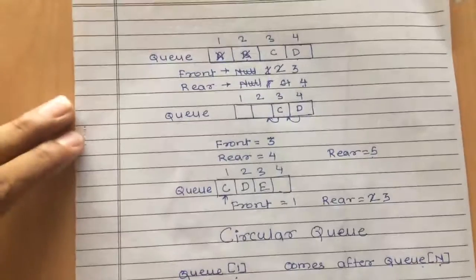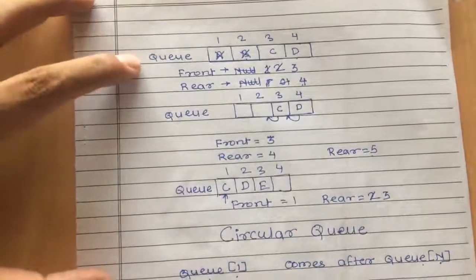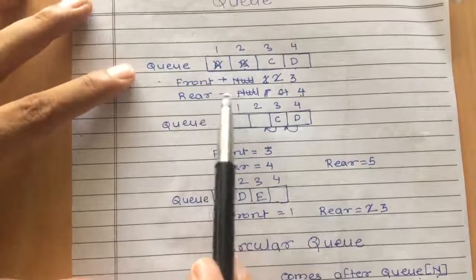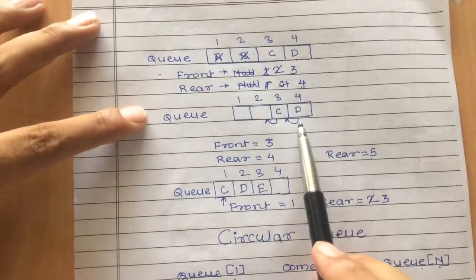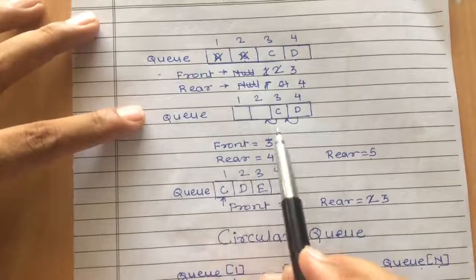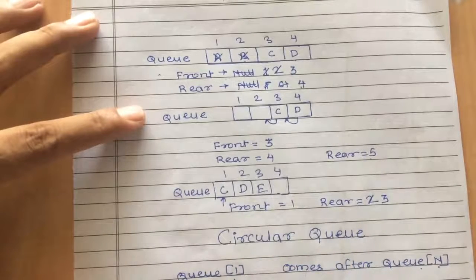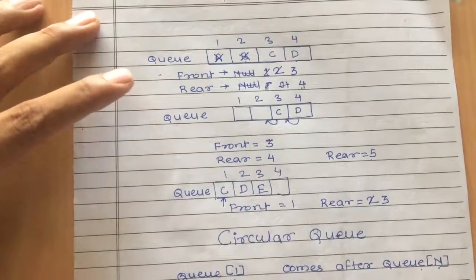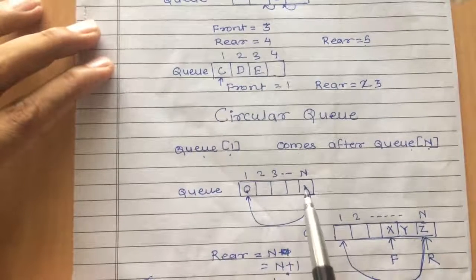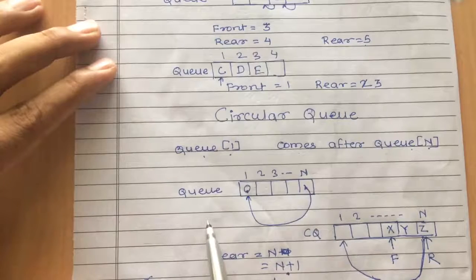So what we have studied in this session, initially we discussed the simple queue. In case of simple queue, when an element is present at the last location and previous locations are empty, then we have to shift this element to the previous locations. If few elements are present, it is very easy, but if n number of elements are there and we have to do the shifting process, then it is very expensive. So to avoid this, we have considered this queue as a circular queue. In case of circular queue, after the last location, we have to move towards the first location.